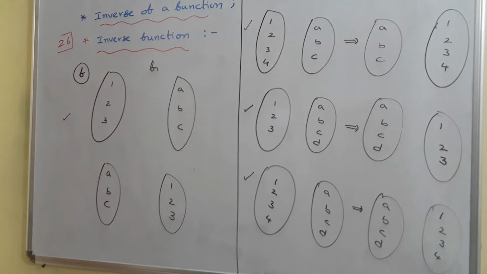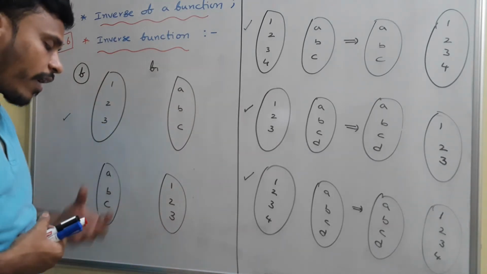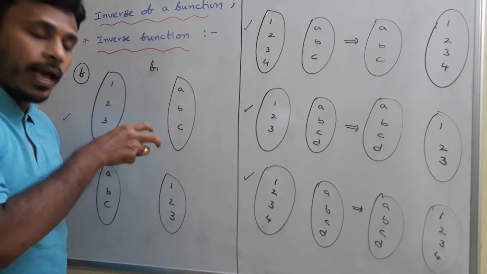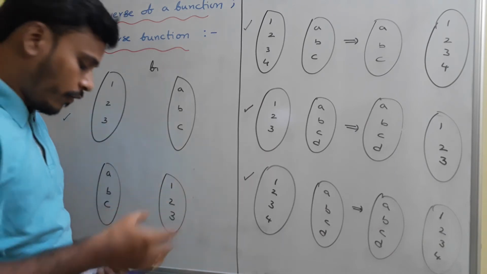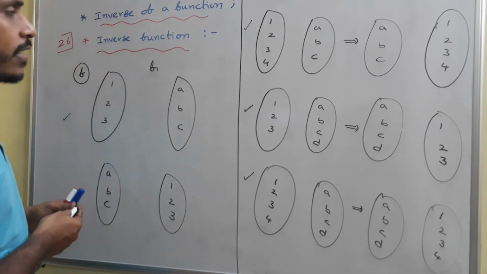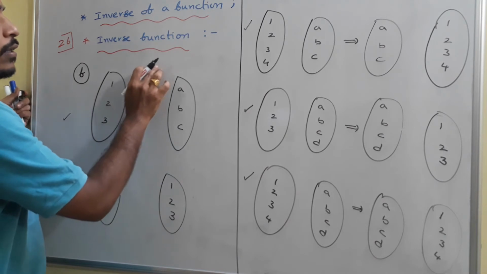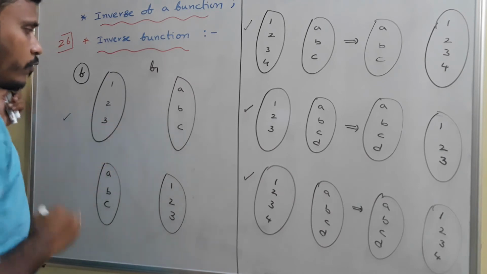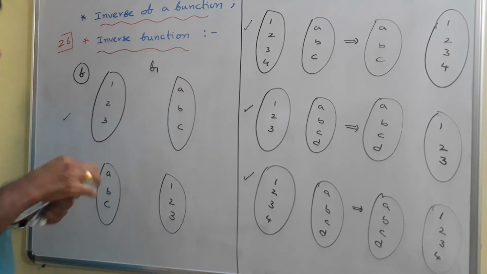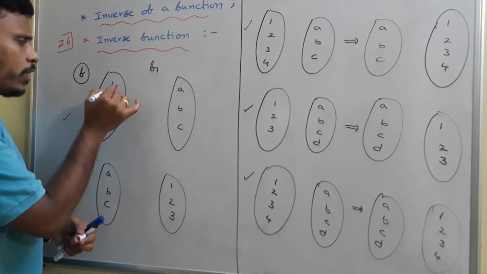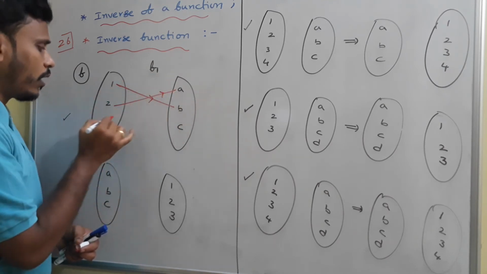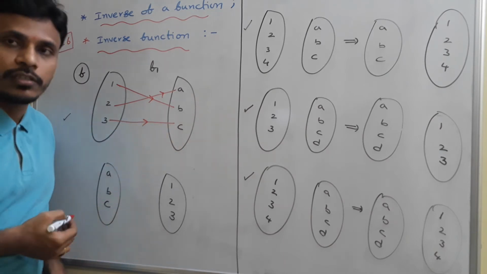Now at this point I will consider a function and write its inverse, and then with respect to the given function I am going to check the properties of the inverse also. Suppose I name the first function f1. I will connect this function f1 in any one way. Suppose 1 is connected to b, 2 relates to a, and 3 relates to c. This is the function f1.